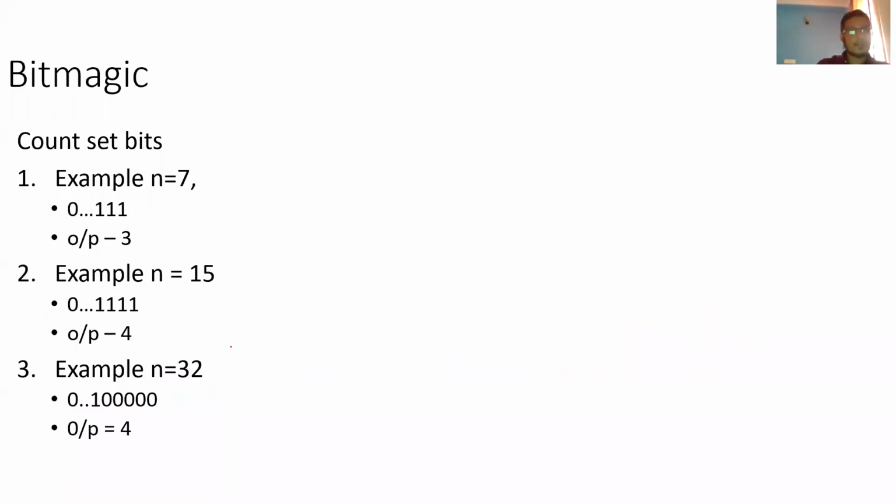Another possible question: you need to count how many bits are set. So what you can do, let's see, I have a 7, right? 7 is represented like this. This is 4, 2, and 1, 7. Now you want to see, in this given number n equal to 7 or n equal to any number, in this case it is 7, how many ones are there. How many bits are set in that.